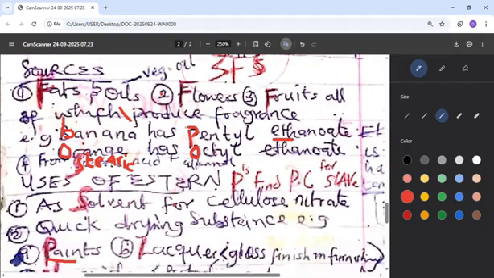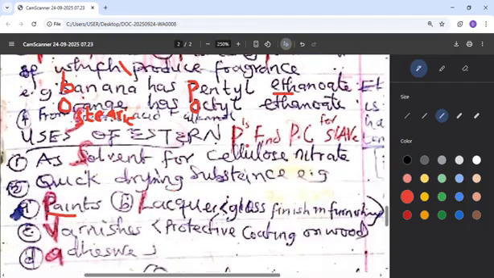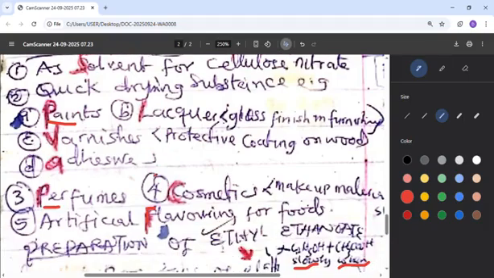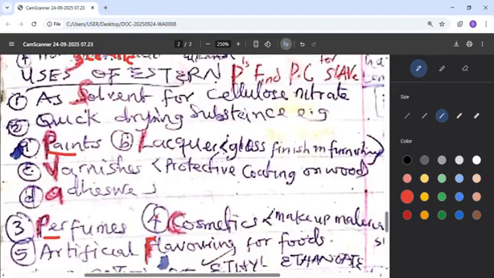So that leads us to the uses of ester. What do we use ester for? You can use the mnemonic: Please find PC, that's personal computer for slave. The P means paint, so there is a smell in paint, which is ester. Then another one, F we can remember with flavor, meaning there is a flavor we use for food, that is another ester. Then the next P is